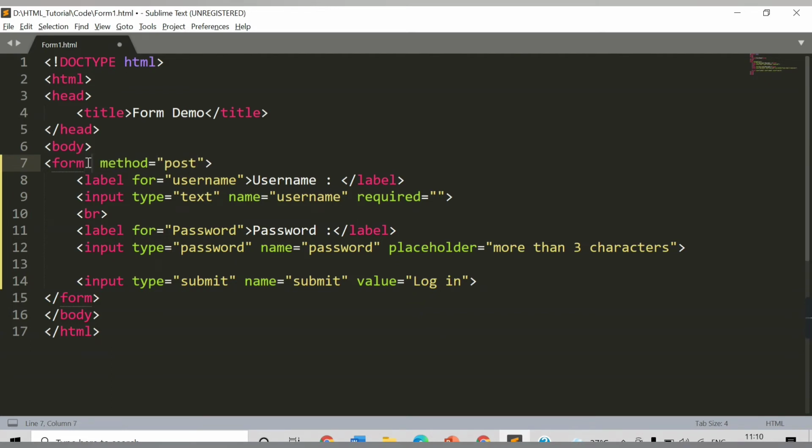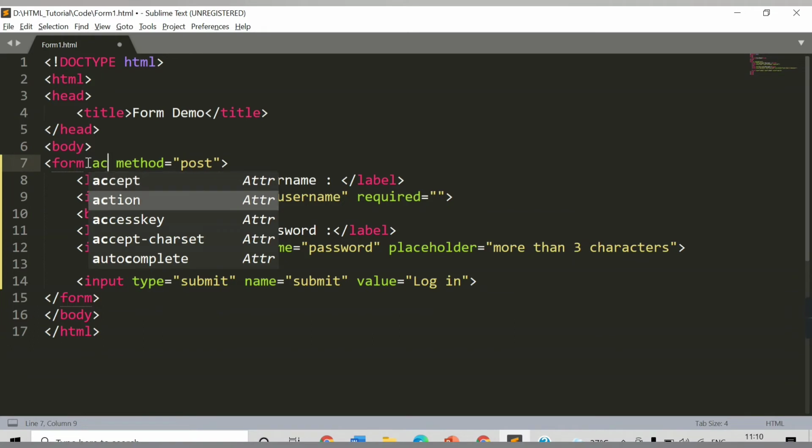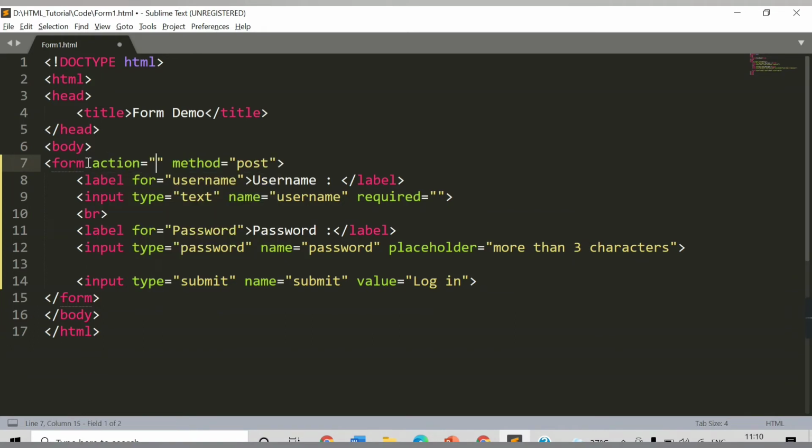Now another attribute we have seen is the action attribute. What will the action attribute do? When I click on the submit button, it will be forwarded and take action according to what we have given as the input to this action attribute. Let's say I have another HTML file.